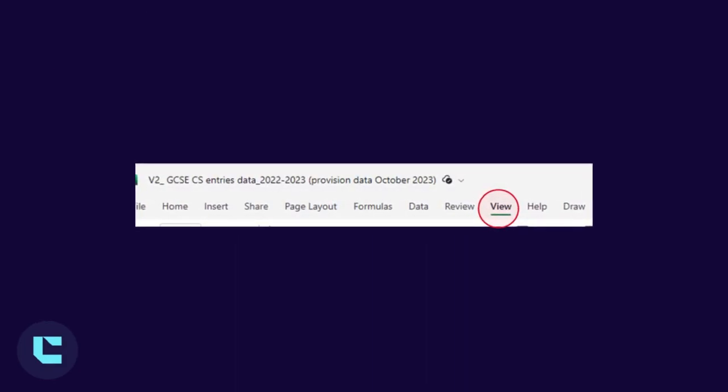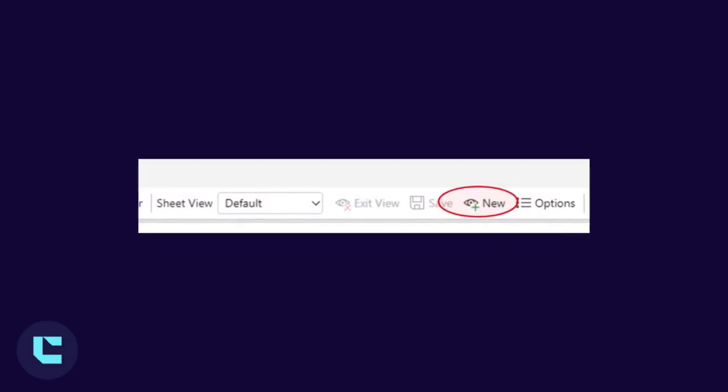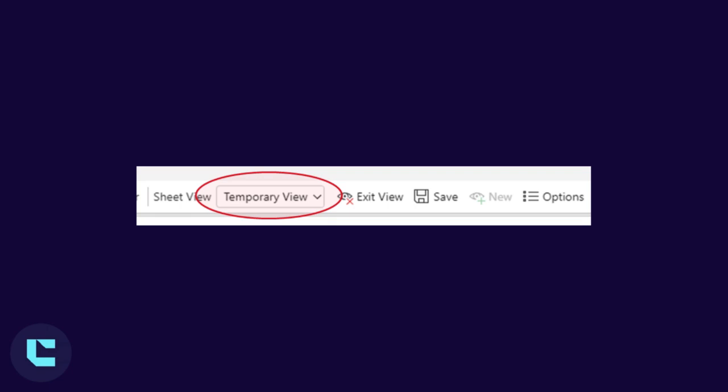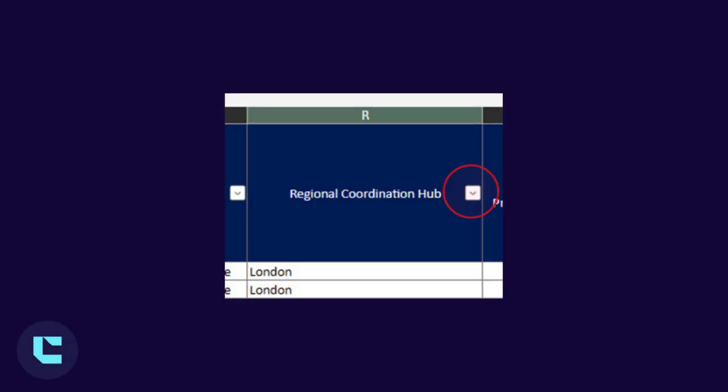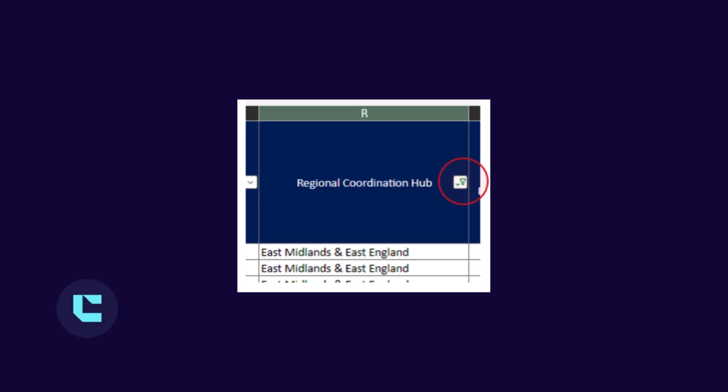Go to the View menu, select New. You'll now be in a temporary view. You can start filtering whichever columns you want as your own starter view. For example,